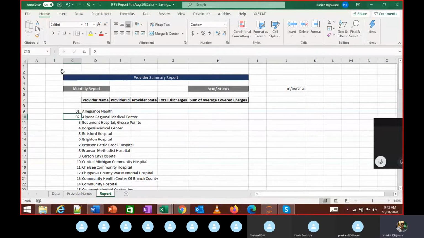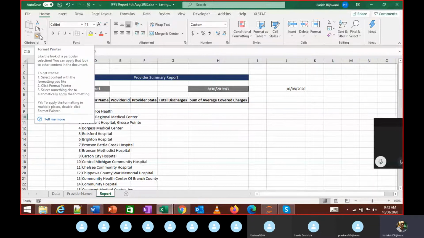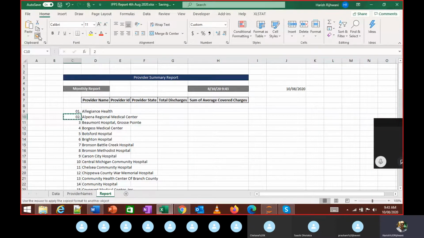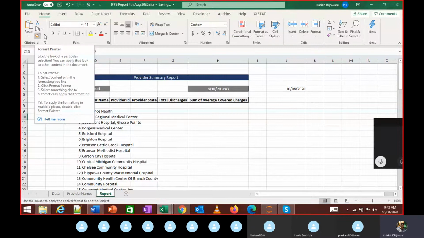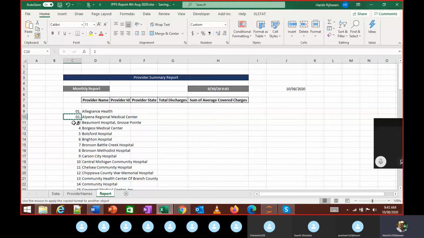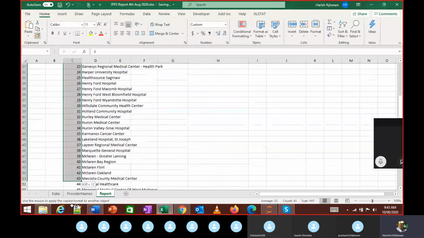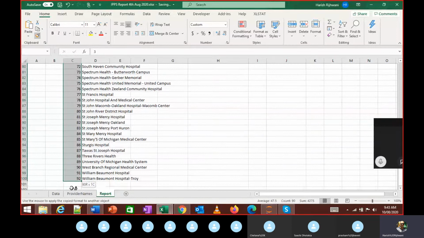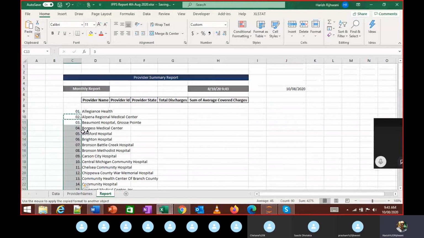Okay, so if I want to hold on to that formatting, I will double click this value. So when I double click this value, this formatting is going to be there for a longer time unless I click something else, and I can select the range that I want. I can select the range or I can select another cell continuously. This formatting is not gone. The symbol is not gone. And when I press escape, it will go away.